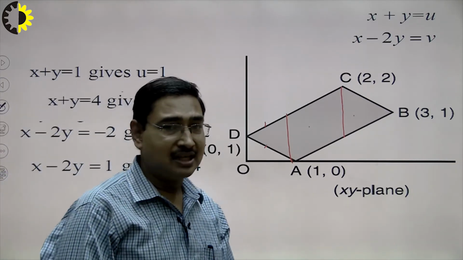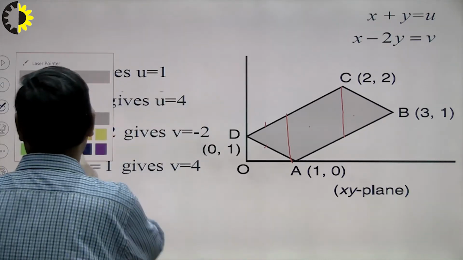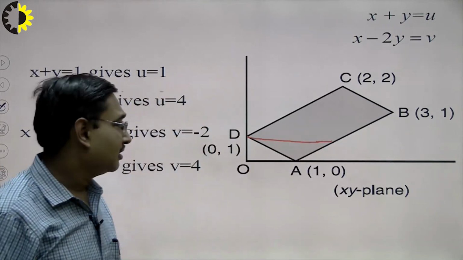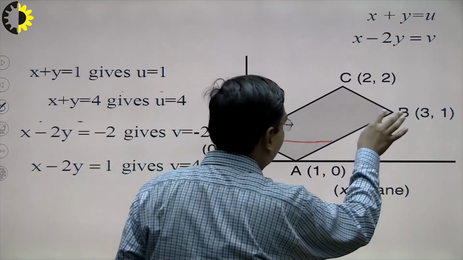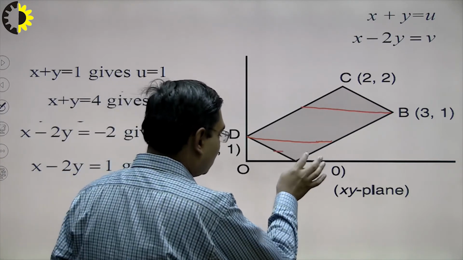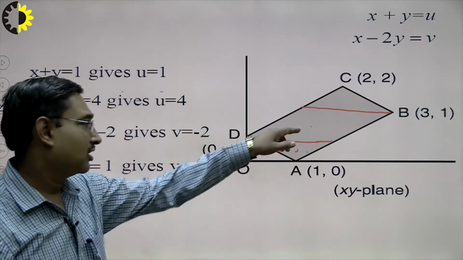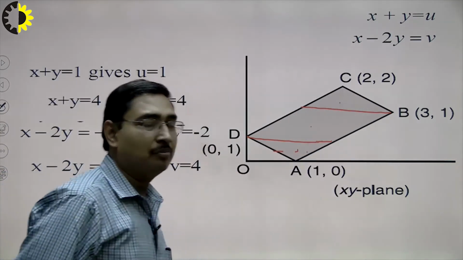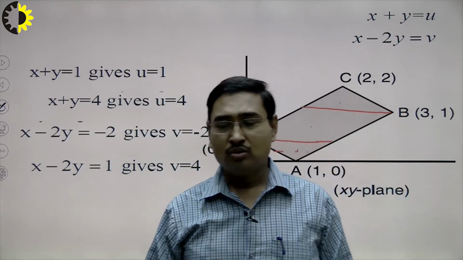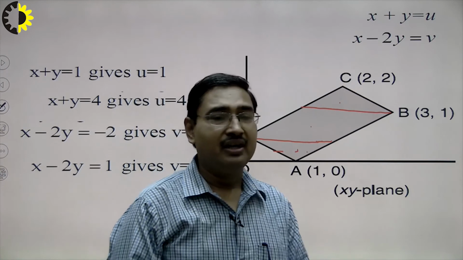Suppose I try horizontal slicing. In that case, the same problem will persist for the first part, for the second part, for the third part. These equations of boundaries are different for this region, different for this region, and different for the third region. So, if I divide into horizontal slices, then there will be no smoothness in the work. Again, the process will become quite lengthy or even tedious.